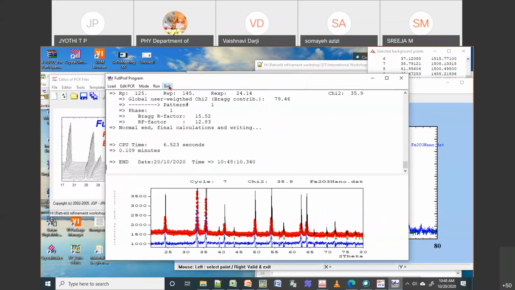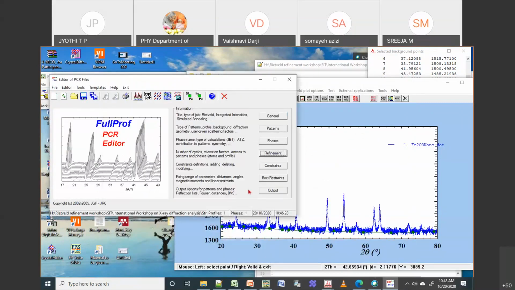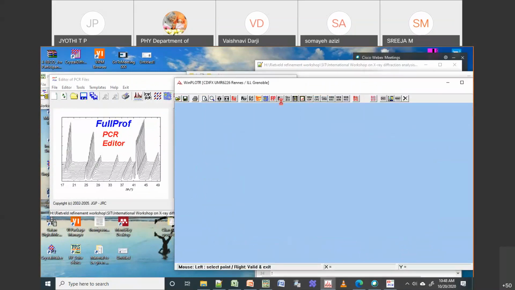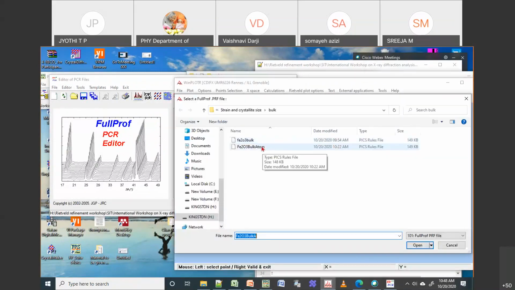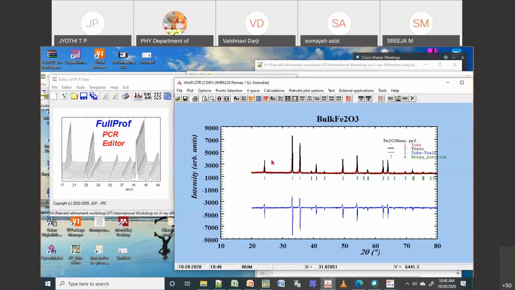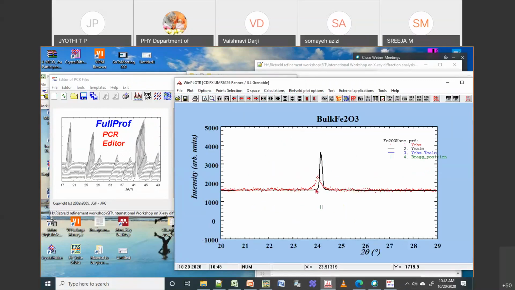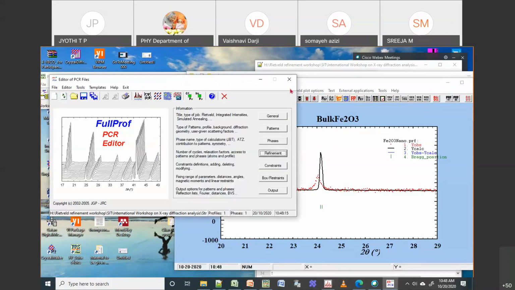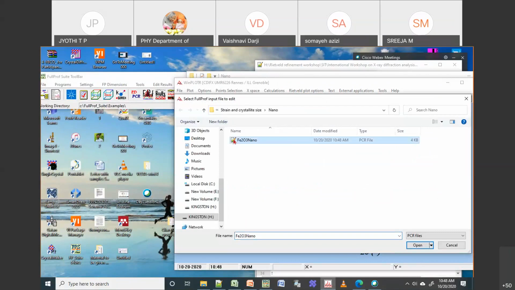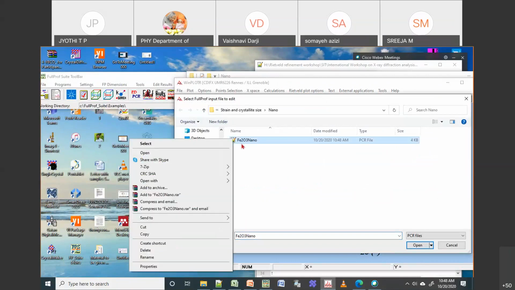Next, if you open a file, I go to this nano, it has created a new PRF file. You can see what the things are. There is a shift here, so you need to take care of that. You still need to do the refinement. I am more comfortable with the Notepad than the